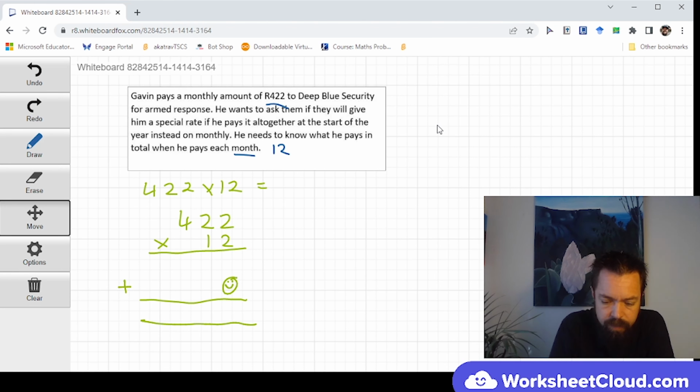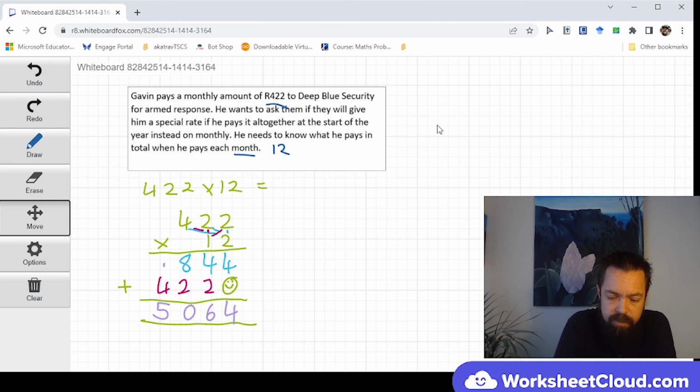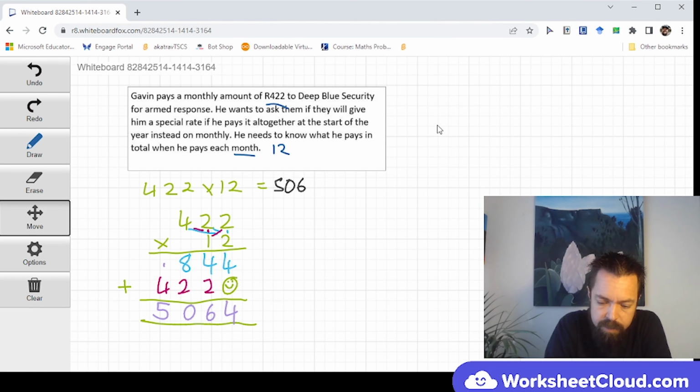And let's get started. So 2 times 2 is 4, 2 times 2 is 4, 2 times 4 is 8. Oh, and we've got a 1 again. So it's going to be the same number, but 2, 2, 4. And if we add them together, we get 4, 6, 10, carry 1, and 5. 5,064. But we're not finished because you must remember to put down the number sentence. Oh, actually, let me put that in there. 5064. And we've got to say